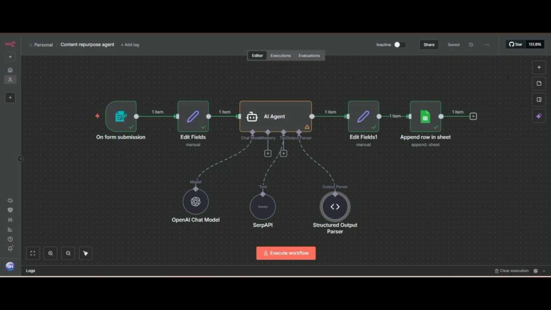It will summarize it, then use SERP API to retrieve more information about that topic, create a short tweet or short post, and then save it to Google Sheets. So I'll show you a quick demo.